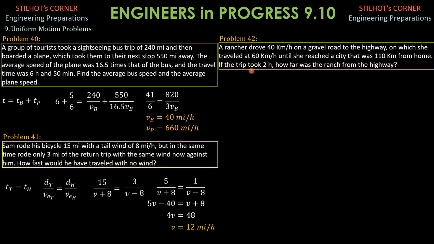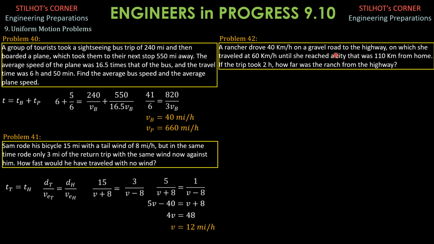So the distance: the total distance traveled is 110 kilometers, and 110 consists of the length of the gravel road plus the length of the highway to the city. Then the length of the gravel road, call it d sub g, is